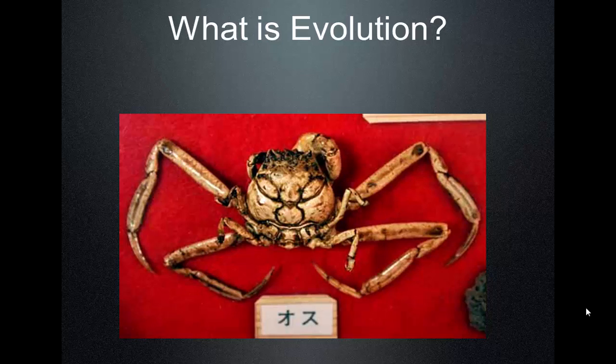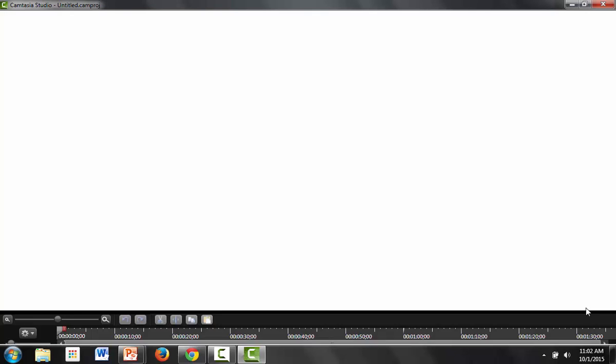So yeah, this crab. This is an interesting example. This is a crab from Japan. It's called the Heike crab, and Eddie just said it looks kind of like a face, right? Yeah. And so the story behind this crab is that